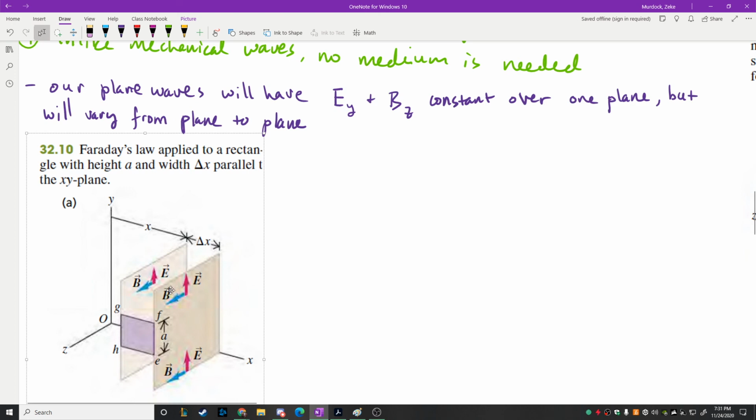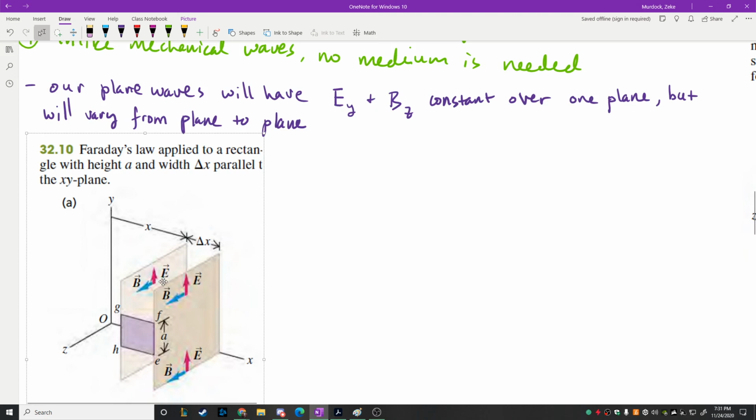So our plane waves are going to be such that the electric field is only going to oscillate in the y direction, and the magnetic field is only going to oscillate in the z direction. The electric field could be positive or negative, meaning it could point below the x-axis. And when I say that our plane waves will have EY and BZ constant over one plane, what I mean